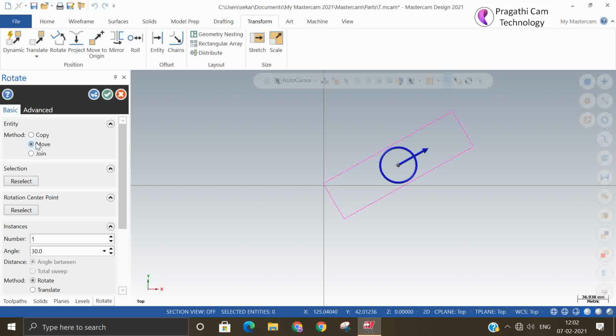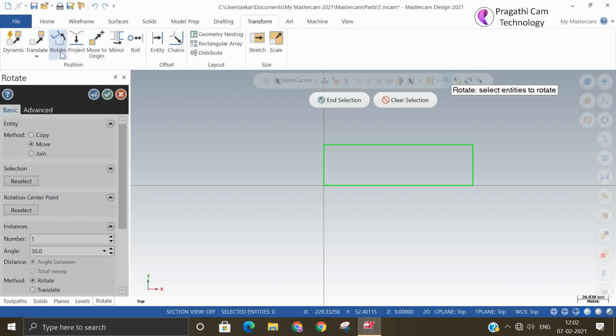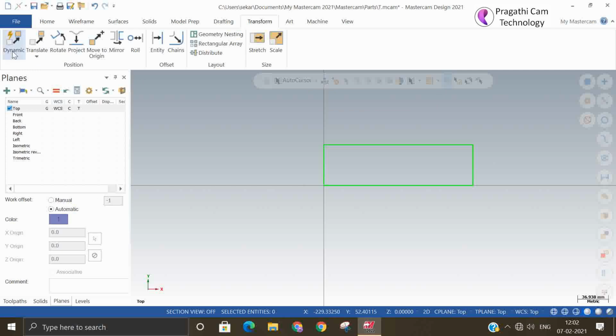So while doing wireframe modeling, the join command is mostly useful. Otherwise no. So now we have seen translate and rotate. So next we will see the dynamic translate.